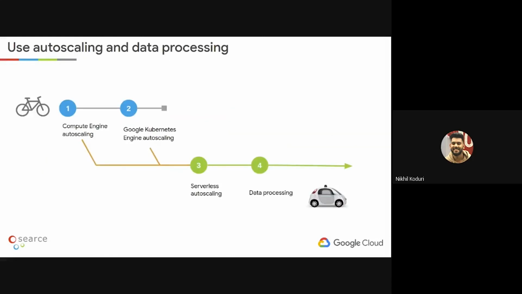So for auto-scaling and data processing, you can use Compute Engine auto-scaling. You can incorporate the managed instance group in Compute Engine to incorporate a higher amount of scaling in terms of request, CPU, and memory usage. You can also use the managed instance group for stateful applications now. And if your application is containerized, or modernized, you can use Google Kubernetes Engine. You can incorporate vertical scaling as well as horizontal pod scaling in Google Cloud, and you already have the most efficient amount of cluster scaling in Google Cloud.